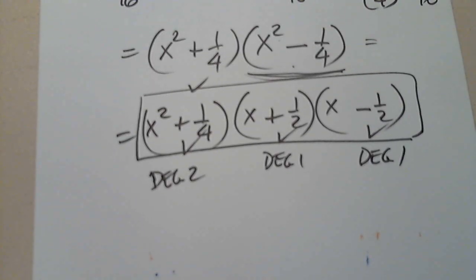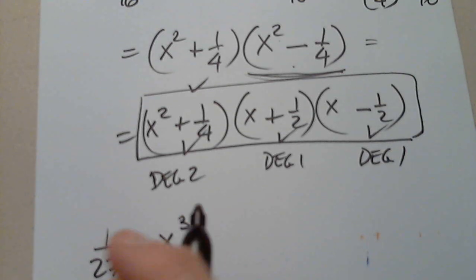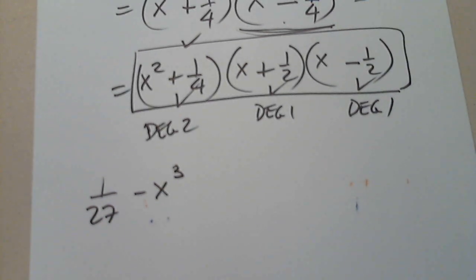Good. Going back. Very good. Thank you so much. Good. So the next one is 1/27 minus x to the third. Please do not skip